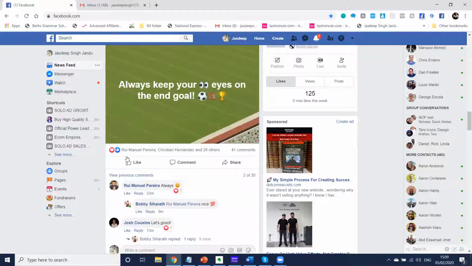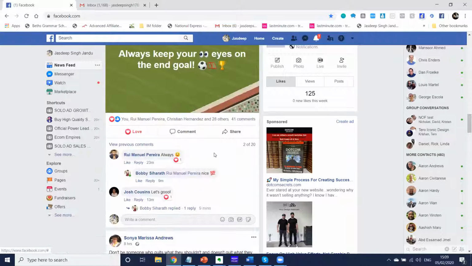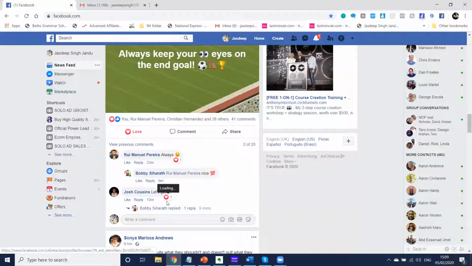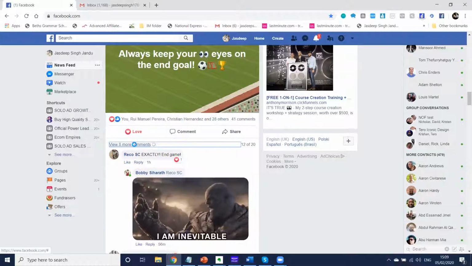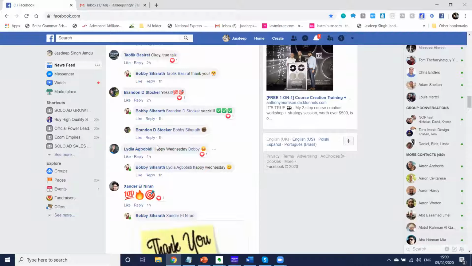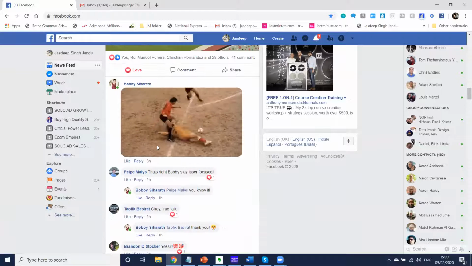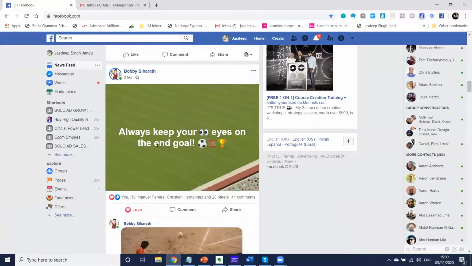Always keep your eyes on the end goal. Always, let's go. Very generic sort of comments, but it doesn't have to be a long comment, but I always like to do high value comments. So